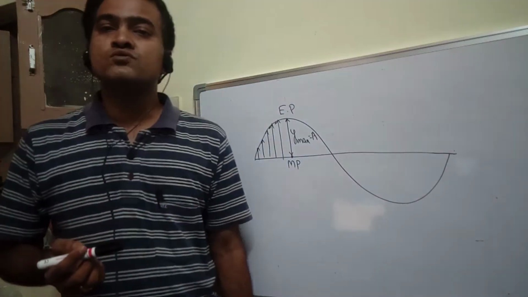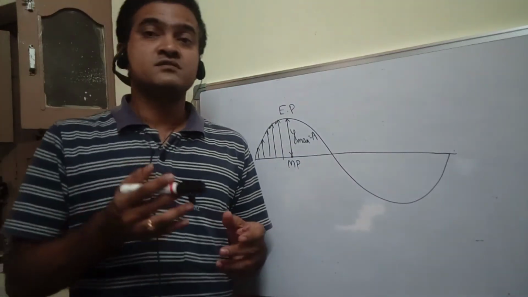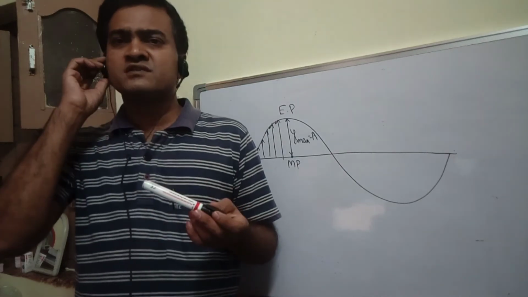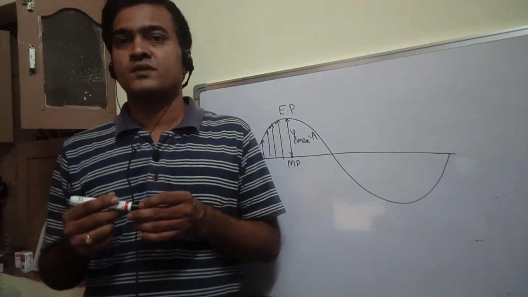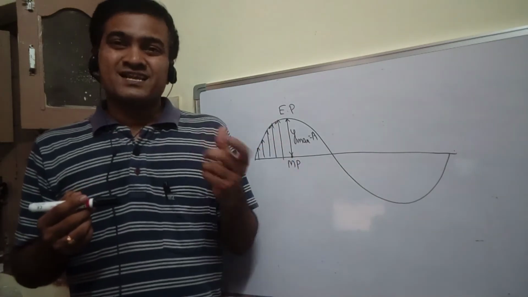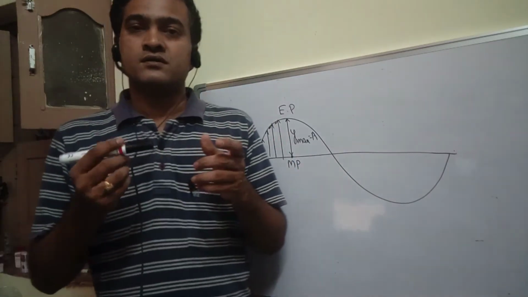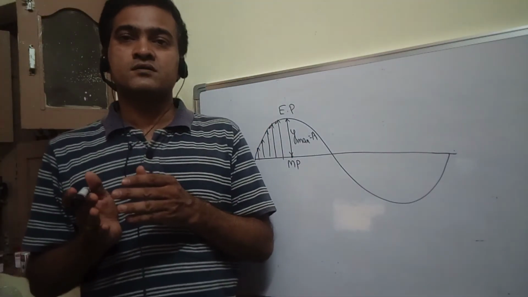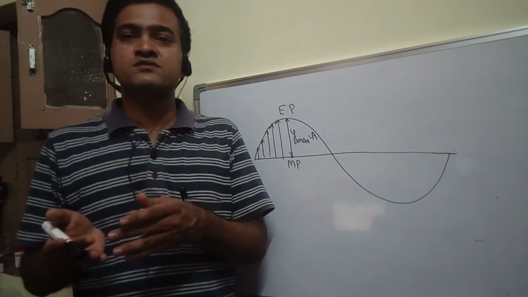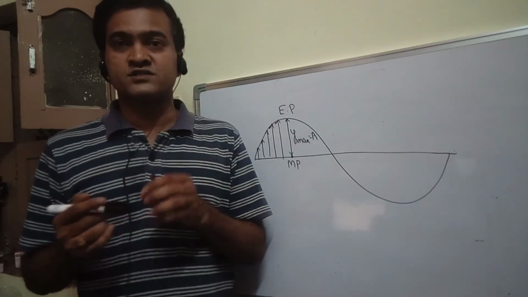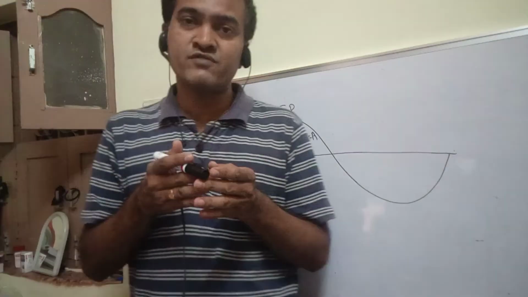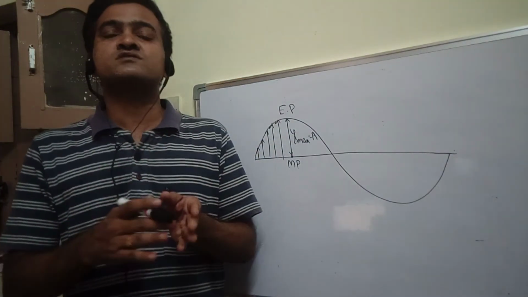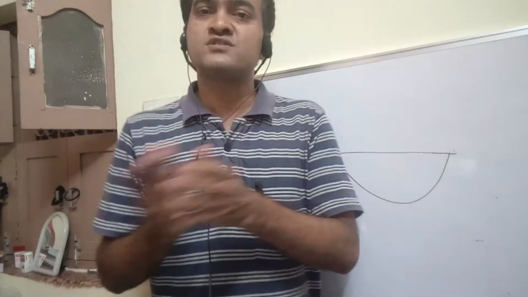So next comes another physical quantity called wavelength. The name itself says length of the wave, right? If you take a transverse wave, or a longitudinal wave, in both waves we define wavelength, but with different terminologies, because in a transverse wave we have discussed crests and troughs, and in longitudinal waves we have discussed compressions and rarefactions.